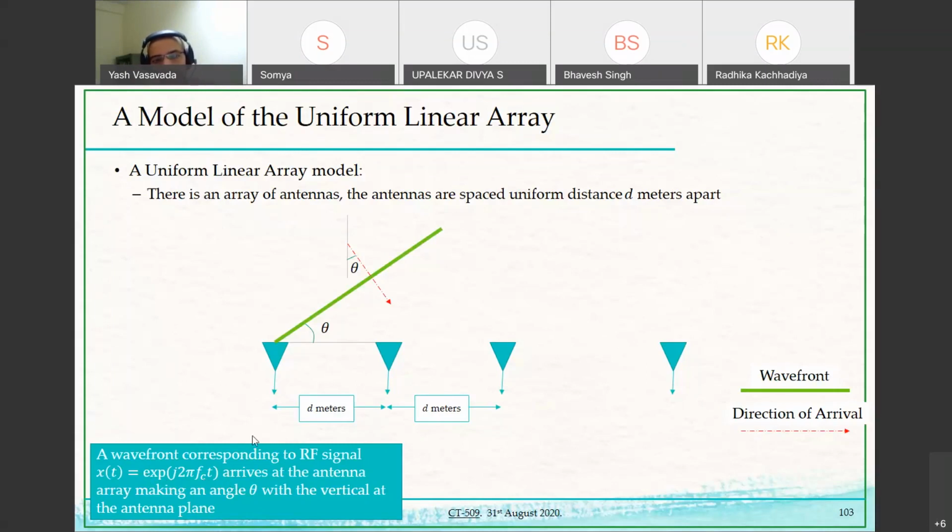What we are saying is that this transmitter may be oriented in a certain direction in space, and therefore, depending on the orientation of the transmitter relative to this uniform linear array, this electromagnetic wave is going to arrive